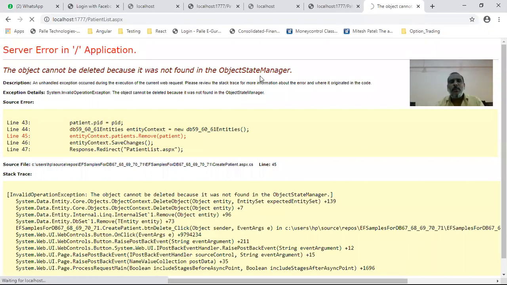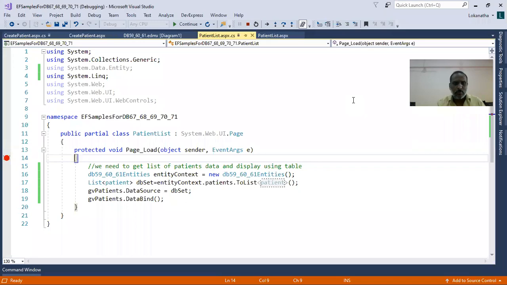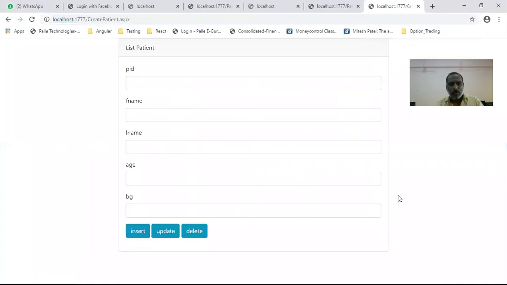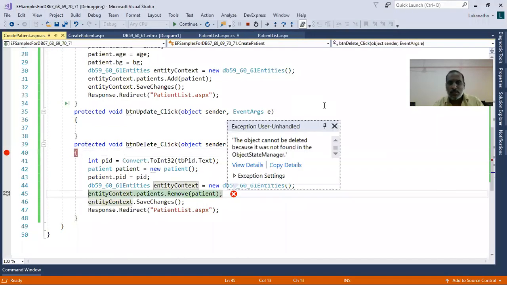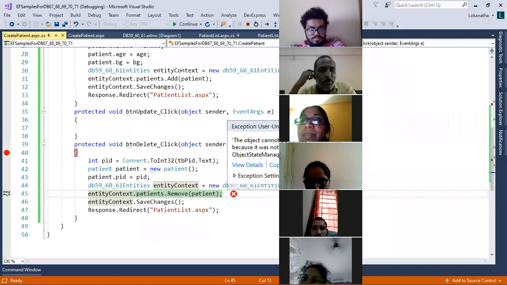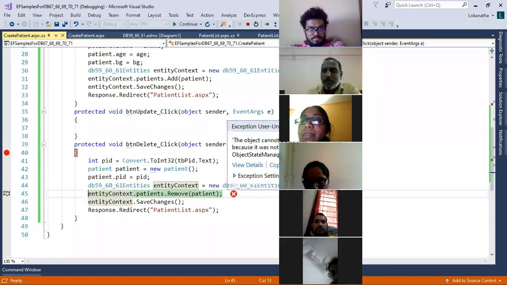If there is a problem, obviously we can rectify it. There is no doubt. If any problem is there, definitely we'll write the code and implement it. So I am almost done today. We are getting an error, so we will continue from tomorrow. I'm almost done because I have further classes. This problem we will rectify tomorrow. It is just a simple problem: you have to map the data properly.